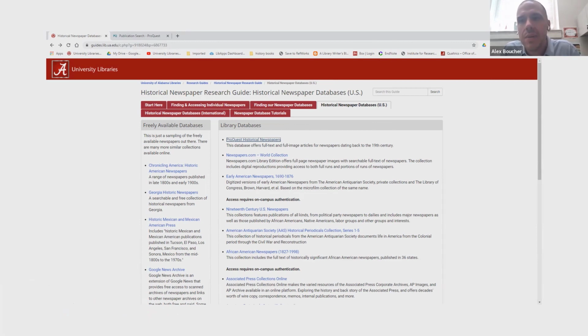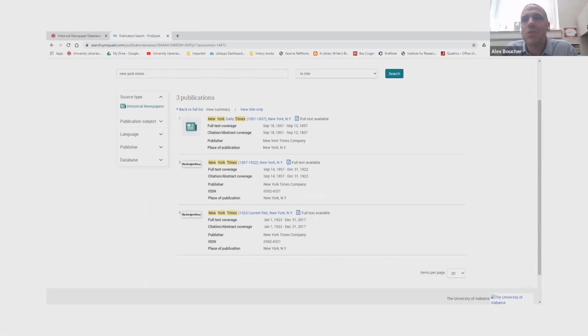The good thing about the two of those is they are very complementary as far as their content. ProQuest Historical Newspapers is where you would go if you were looking for any of the big national newspapers. So think New York Times, Washington Post, Wall Street Journal, Atlanta Journal-Constitution, etc. And mostly we're talking about from the mid-19th century through the end of the 20th century.